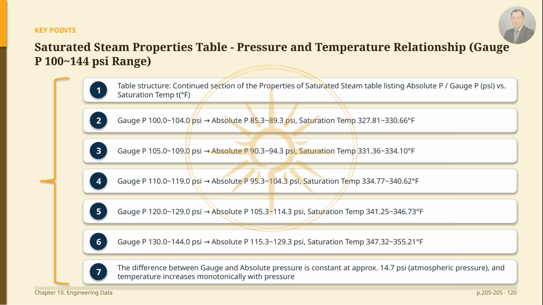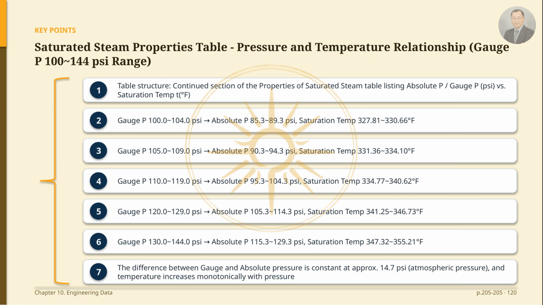This table organizes the gauge pressure, absolute pressure, and the corresponding saturation temperature side by side. In the gauge pressure range from 100 psi to 104 psi, the absolute pressure corresponds to 85.3 to 89.3 psi, and the saturation temperature rises from 327.81 degrees Fahrenheit to 330.66 degrees Fahrenheit. In the 105 to 109 psi gauge pressure range, the absolute pressure is 90.3 to 94.3 psi,